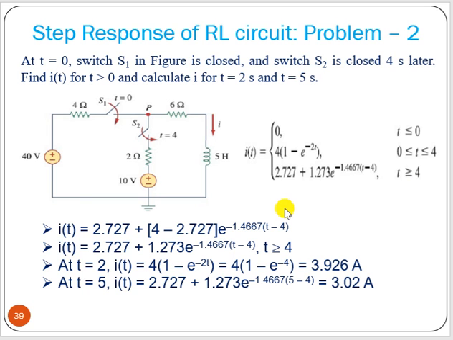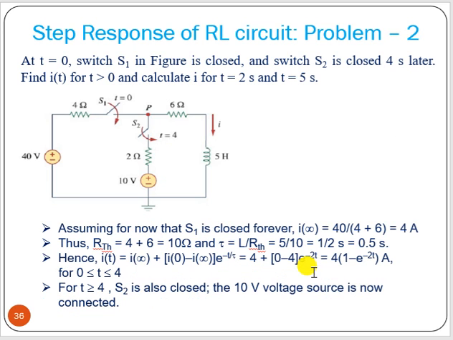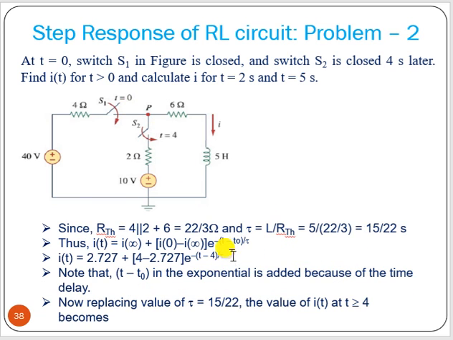So in summary, here in this problem, always remember this part: if the signal is delayed, you have to write t minus t0. If it is 6 second, 8 second, 4 second, 1 second, you have to write the delay part also. But here we don't have to write the delay, because that is at t equal to 0. Here it is t equal to 4, so t minus t0, that means t minus 4. So this is nothing but the shifted version of the singularity function.